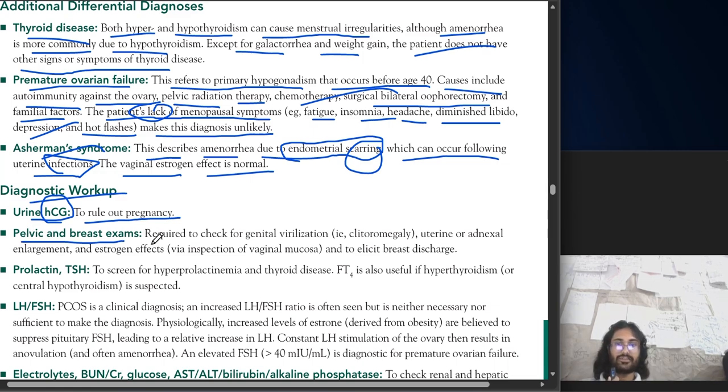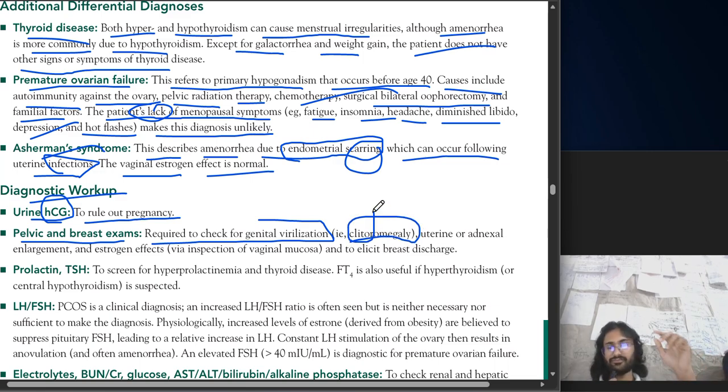Pelvic and breast exams. They are required to check the genital virilization, which is clitoromegaly. Clitoromegaly, you all know what the clitoris is, right? That we all have, like males have a penis. It is homologous to the penis, the clitoris in the female. So the clitoris gets enlarged. So it's clitoromegaly. The word has been divided into two parts. If clitoromegaly is seen, then it is suggestive of